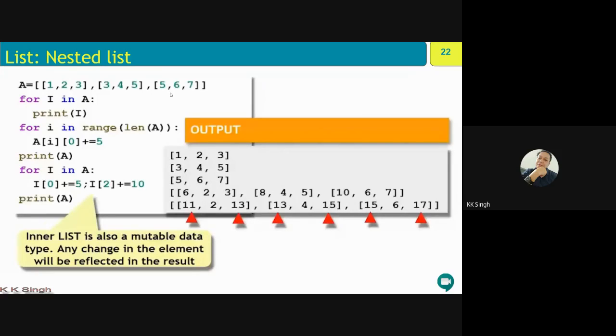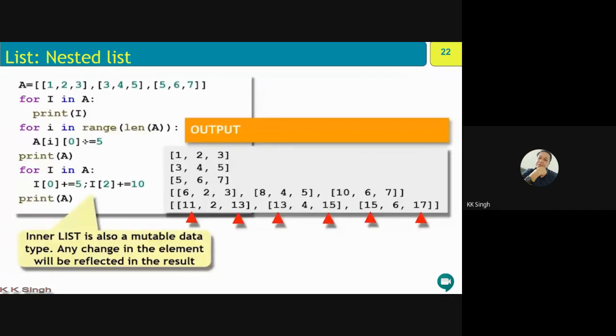And in this slide, we'll observe that a list is mutable. Right? So for i in A, print i will print the complete list, the list of the lists. So 1, 2, 3, then next line 3, 4, 5, then next line 5, 6, 7.